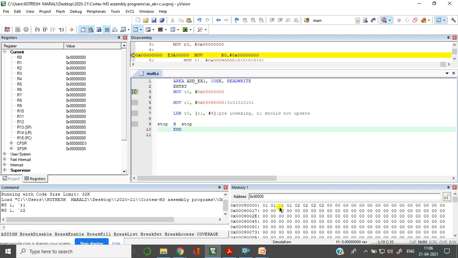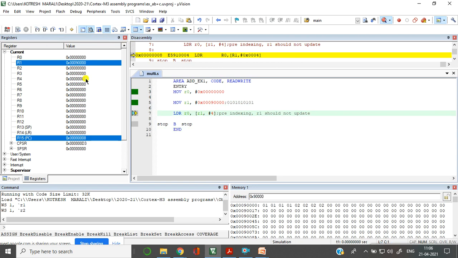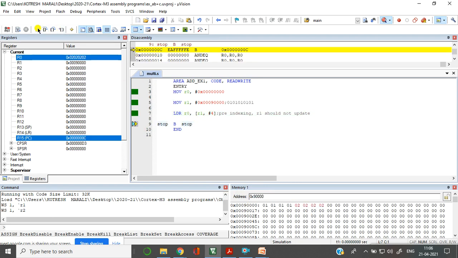I kept the same data as our previous example, but here when it comes to LDR R0, R1 remains the same, that is 90000 itself. Run this. It will jump by 4 locations, so it will fetch the data from 90004, but it will not update R1.